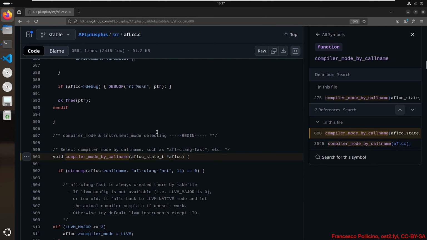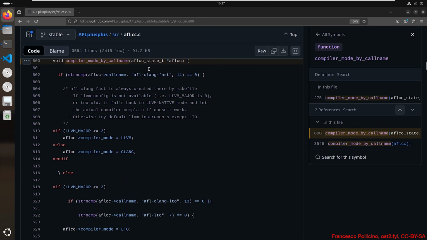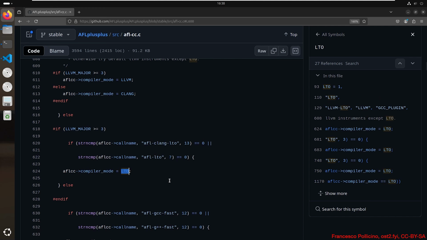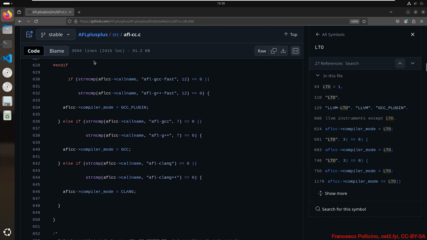Looking inside, we see that it checks if the caller is AFL clang-fast on the first row, and in that case, the compiler mode is set to LLVM. Otherwise, if the call name is AFL clang-LTO, the compiler mode is set to LTO, and so on with all the other supported modes. So if you want, you can check where the compiler mode is used,